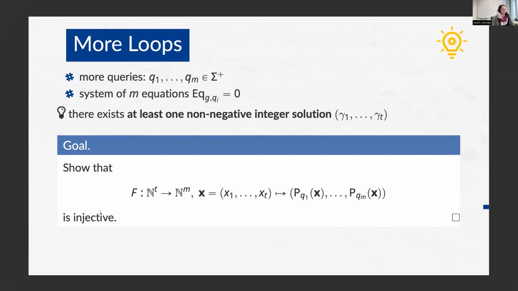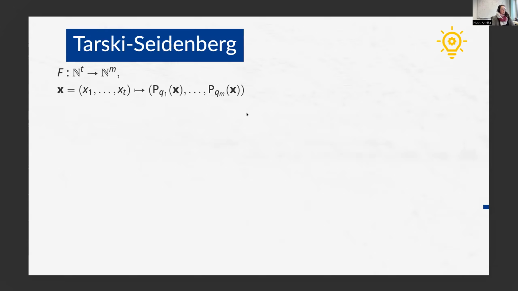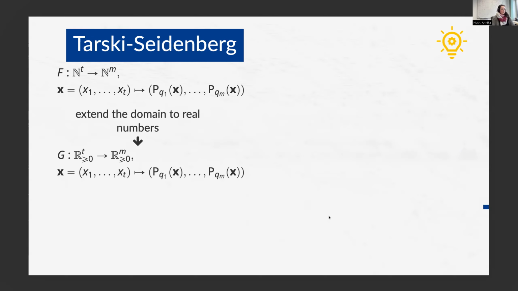So what is it? It's a map from our variables to the polynomial equation we had before. And what are we doing with this map? It's first of all a map over the natural numbers, but we extended this map to the domain of real numbers. So it looks like this, just with the extended domain, which means that we can apply